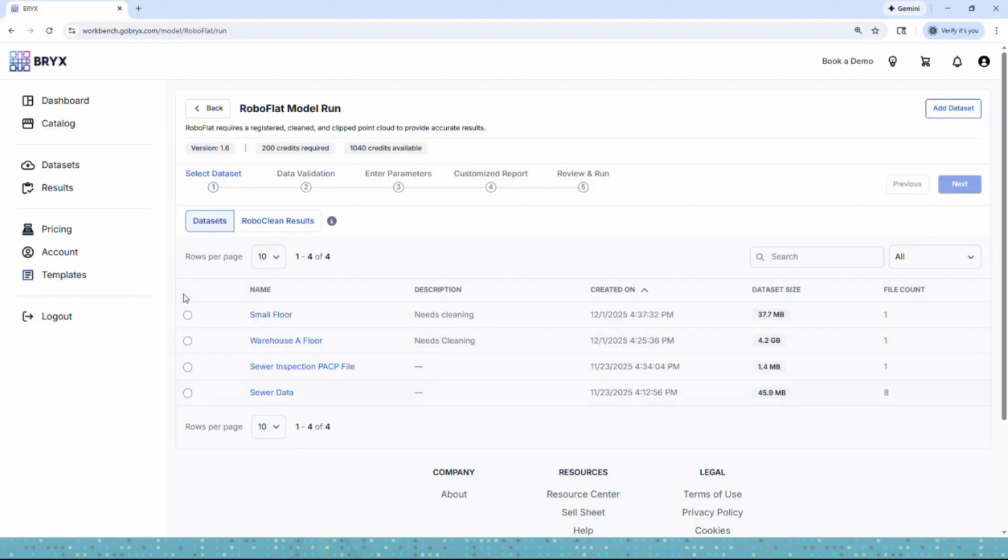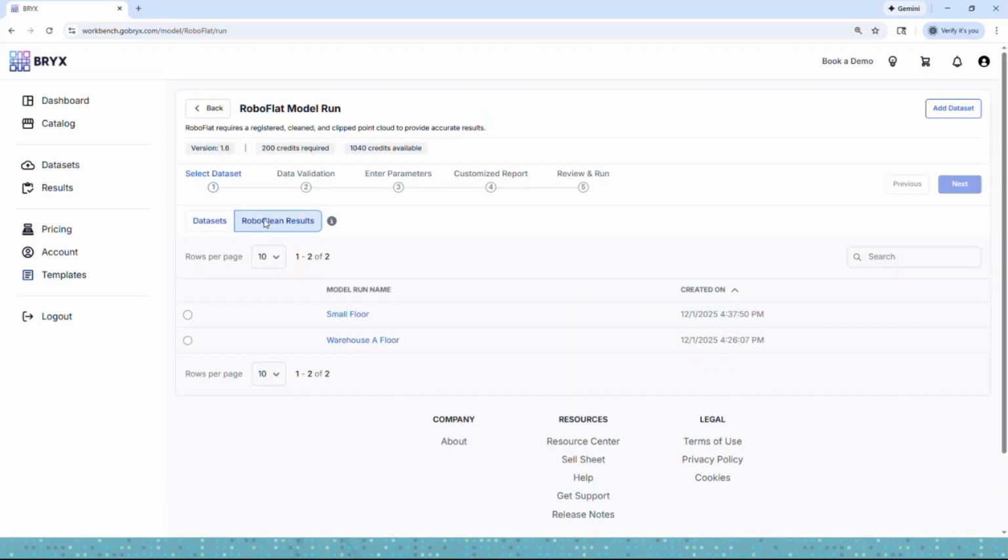You'll see here that I have the choice to choose a data set that I want to process and analyze, or I can select the RoboClean Results tab, and it's going to show me all of my files that have already been cleaned by RoboClean. So I can select a cleaned file,